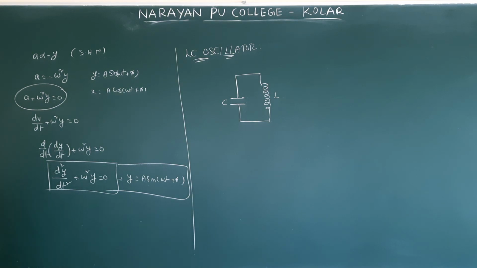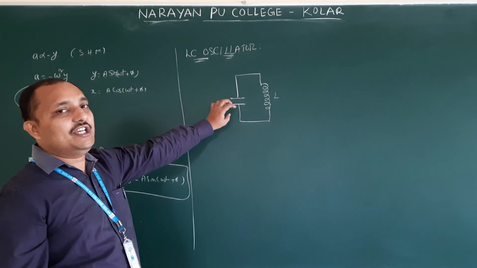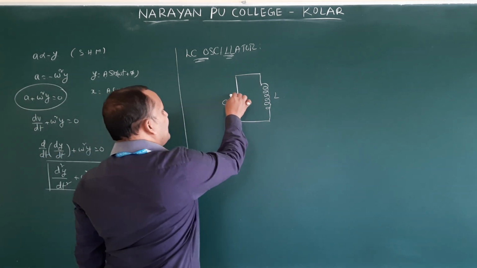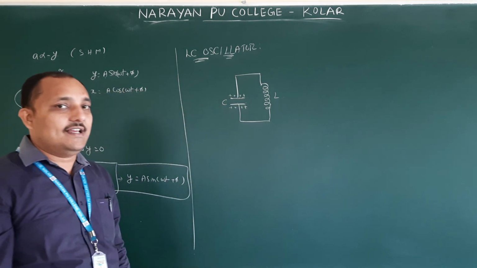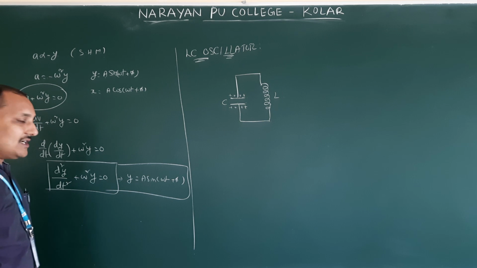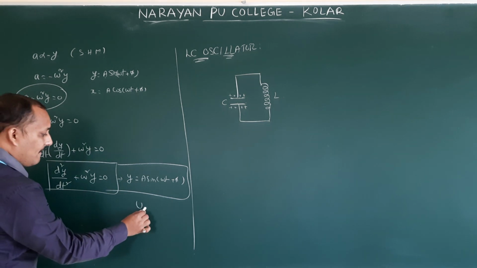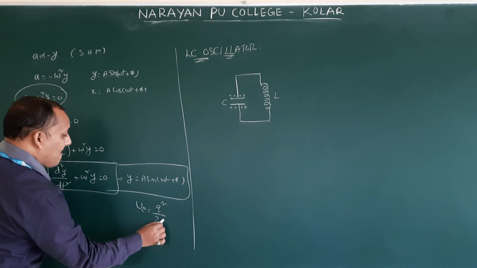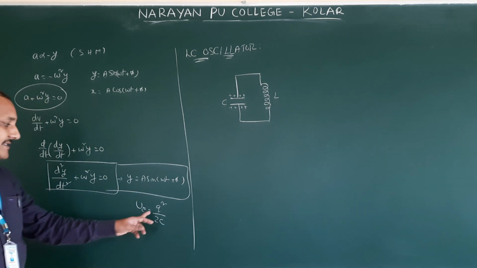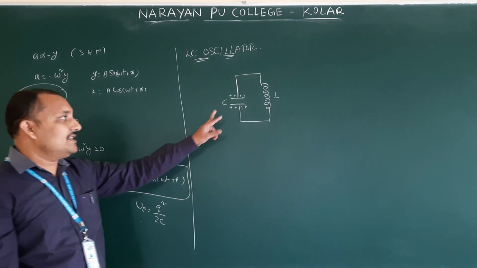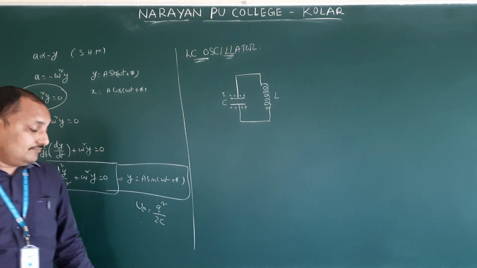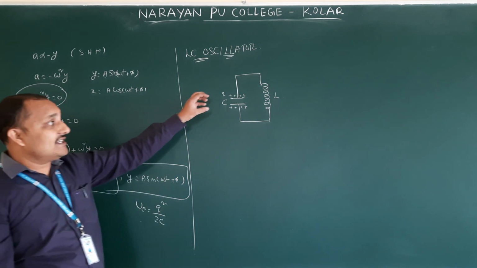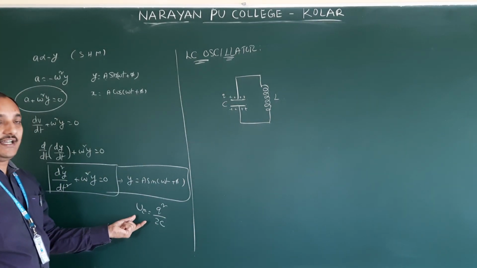Whenever they are connected, first the capacitor is going to be charged. So we have taken a fully charged capacitor. Fully charged capacitor means what will be stored in this? Which energy will be stored in the capacitor? Electrical energy. Isn't it? What is the energy formula? U is equal to Q square by 2C. We charge this capacitor up to charge Q. Now the initial energy stored in the capacitor is electrical energy.